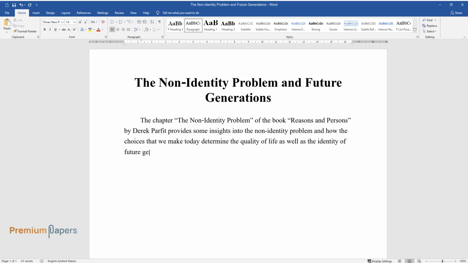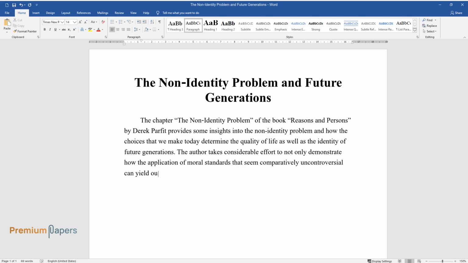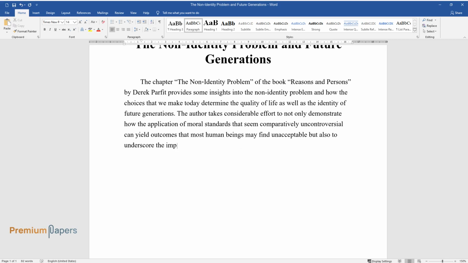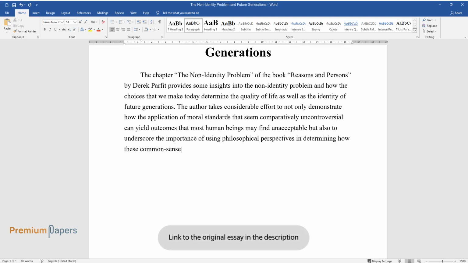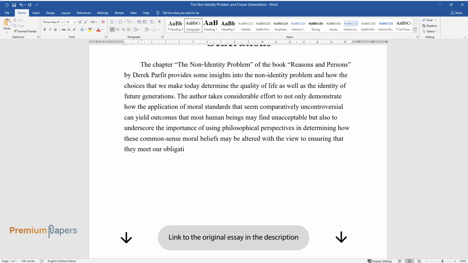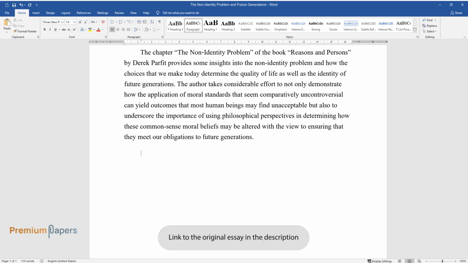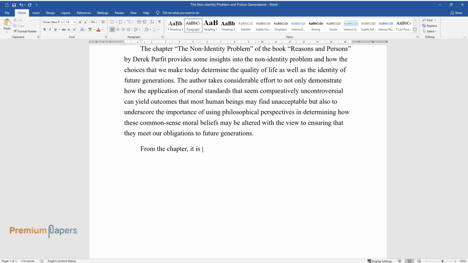future generations. The author takes considerable effort to not only demonstrate how the application of moral standards that seem comparatively uncontroversial can yield outcomes that most human beings may find unacceptable, but also to underscore the importance of using philosophical perspectives in determining how these common-sense moral beliefs may be altered with the view to ensuring that they meet our obligations to future generations. From the chapter, it is clear that our actions during the present time can control the